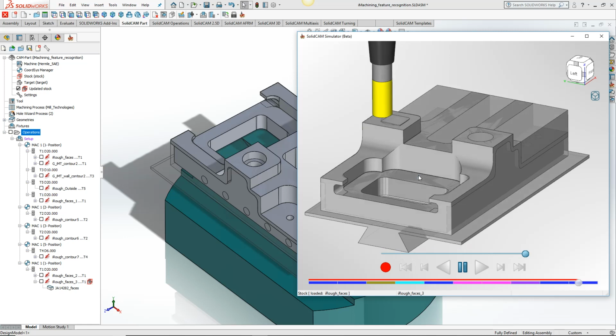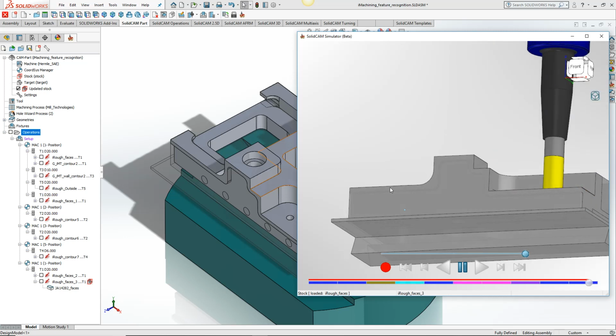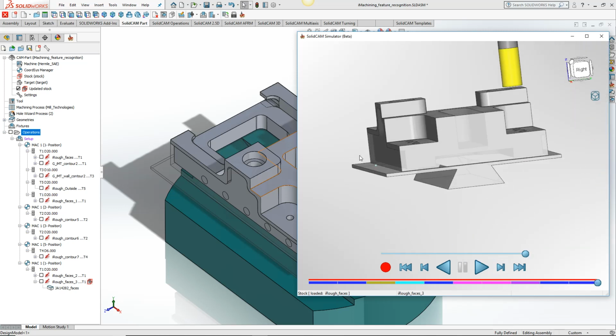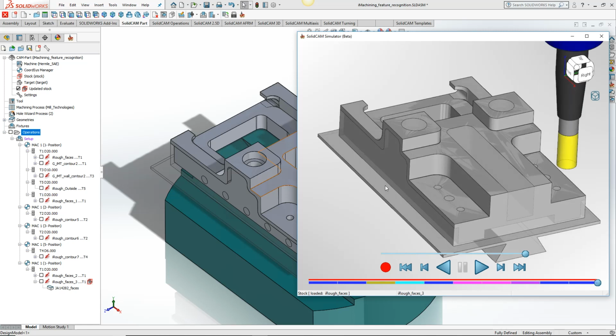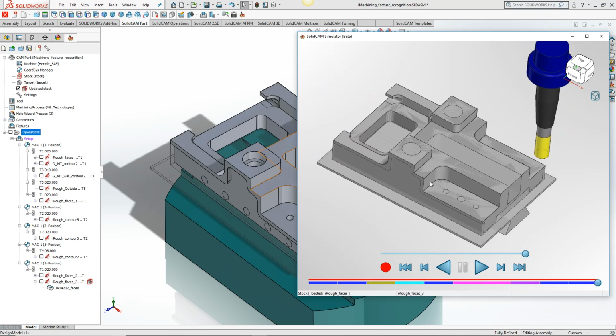And the nice thing with the new simulation and the stock and the targets that you see everywhere, you can see that if we want to machine this face over here, the side face here, we have this extra chunk of material down at this bottom here, which, as a programmer, we have to decide how we want to handle. But all these new tools make it extremely easy to understand what you're cutting. You could pick the face, and obviously it would take care of this too, but maybe another choice would be we'd want to just make the outside cutting go further when we machine that. And you have all those choices as you're going through, and you can come back and change those choices,